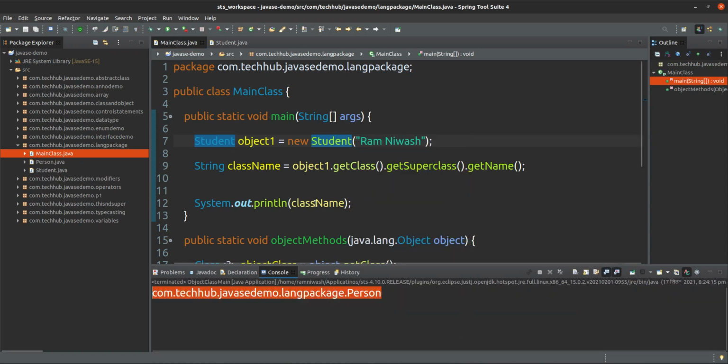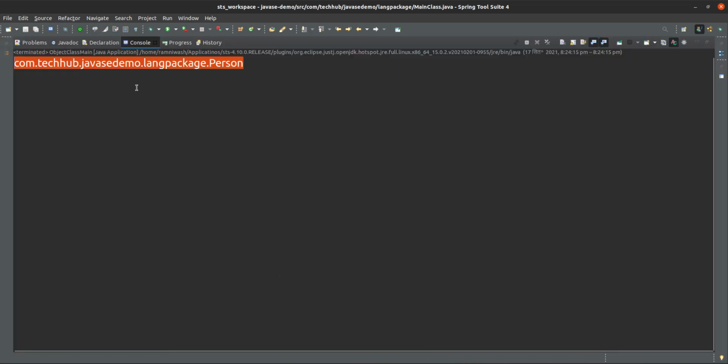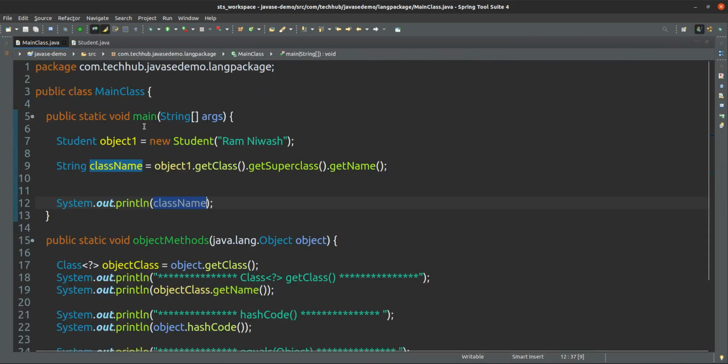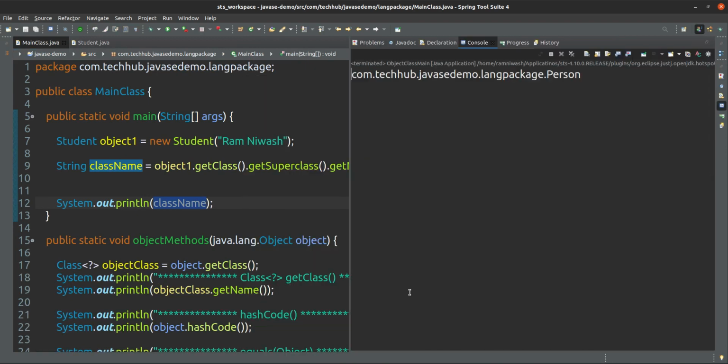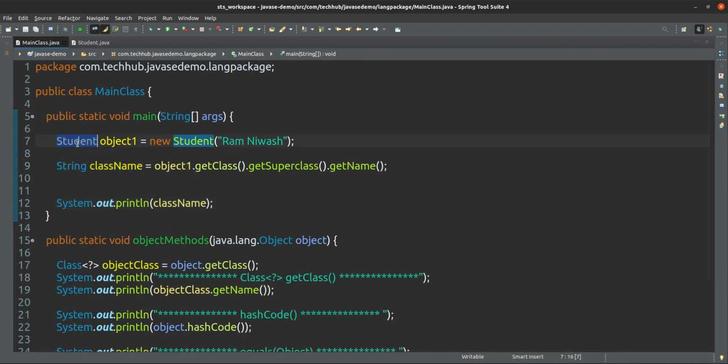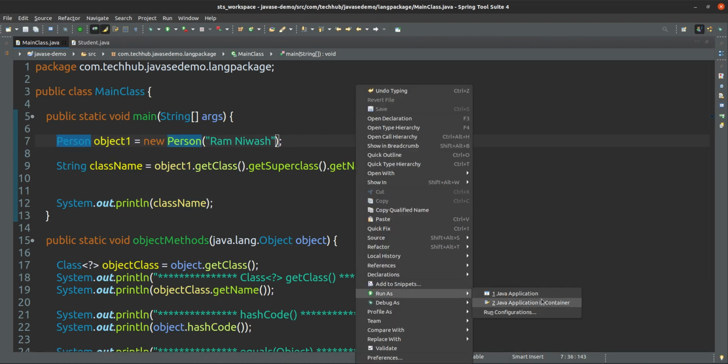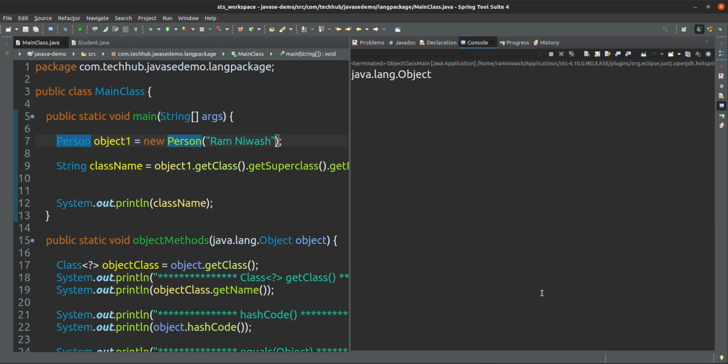Person, because I am printing the superclass of Student. If I give Person here, then the superclass of Person is Object only. That's it.